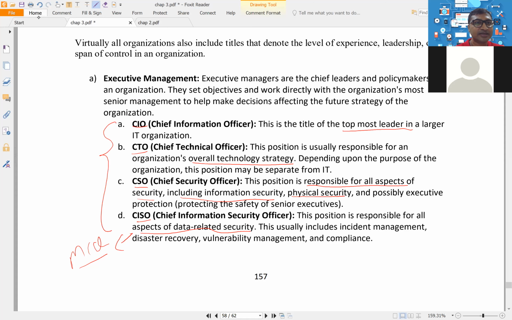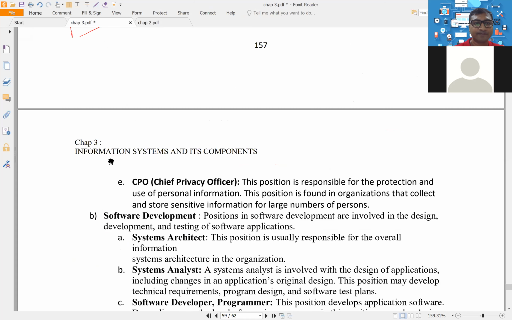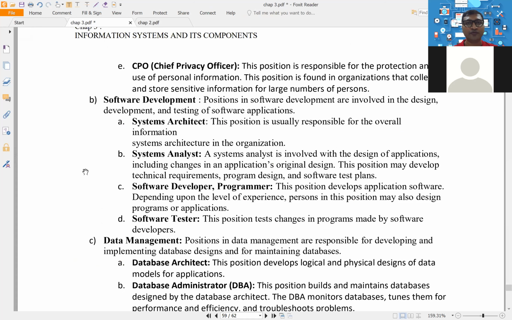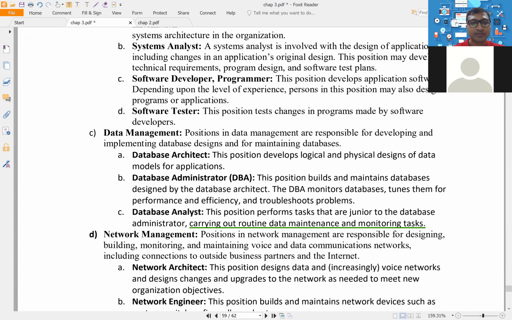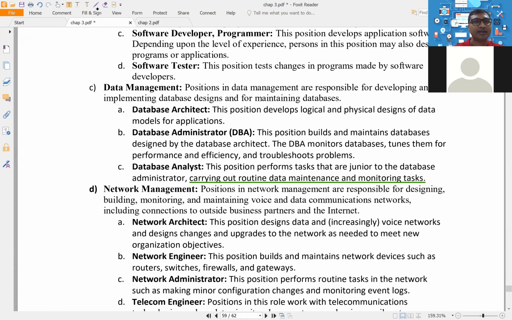Now recently in your RTP, if you have seen the RTP video also which I have given in our group, they have asked a question on this database analyst. And can you see this green line? That green line was in the question. Yes, that green line was in the question. Okay, so here there is no technical or conceptual point. Here just you should remember the position, job description means position, and their duties, what they are supposed to do. And this will help you for mostly MCQ.